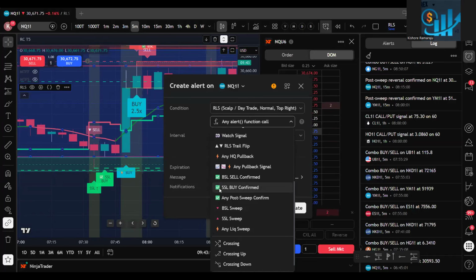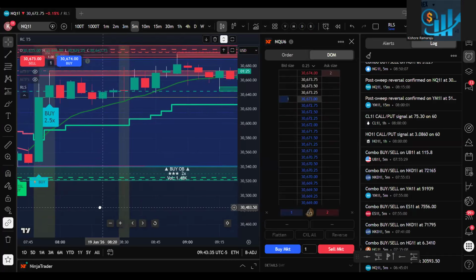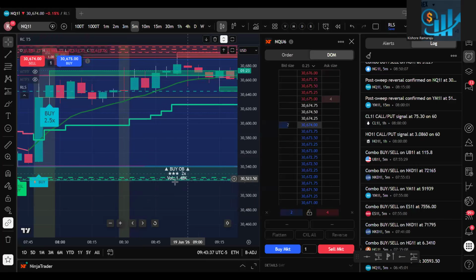The sell side liquidity stop loss hunting is over. Now it is time to buy. Or buy side liquidity stop loss hunting is over, now you can sell. So if you want to just go on that same candle, you can do this. Or even before that, because whenever that happens, you may be at a strong support. You may be at a strong order block.